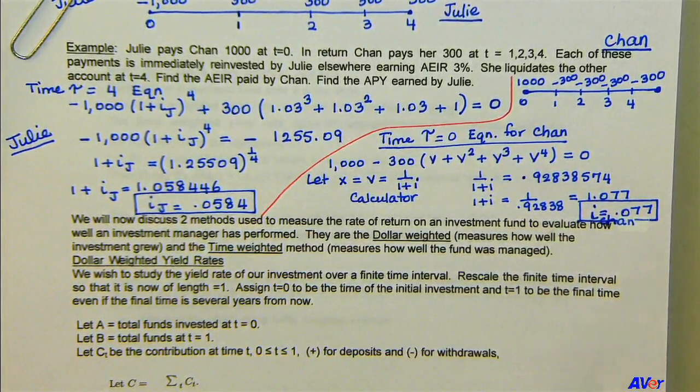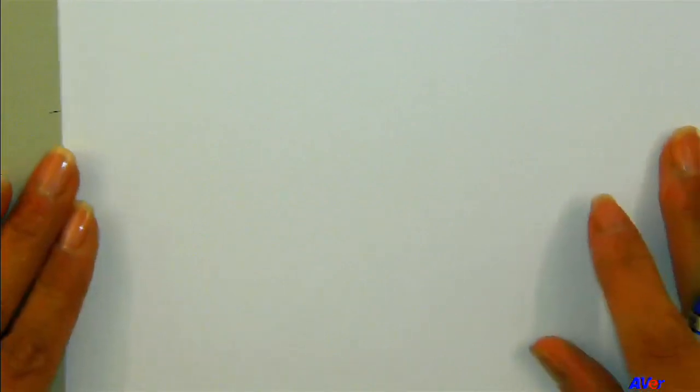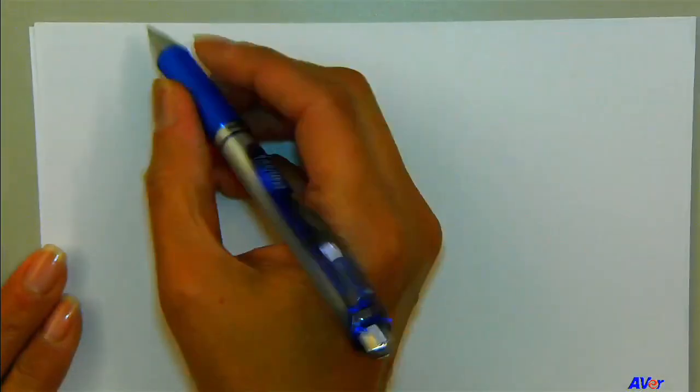So today we want to cover dollar-weighted yields and time-weighted yields. So I'm on page 6. I'd actually like to write, so you might want to do the same. So let me say here, wait, this is kind of wrong. Hang on one second, guys. Okay, so regarding page 6,